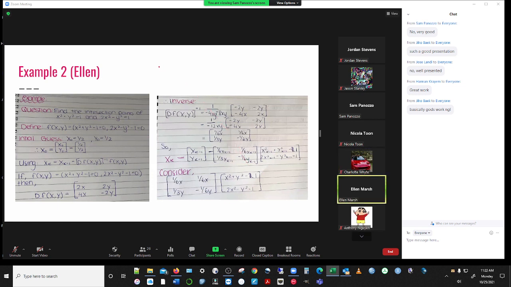Hi, so this is another example with different equations. So you're finding the intersection of the two points through extended Newton's method. The first step would be to define the function. And then we have to make an initial guess, which would be, we have guessed x0 equals a half and y0 equals a half. And so we then use the formula of x to the k to work out Newton's